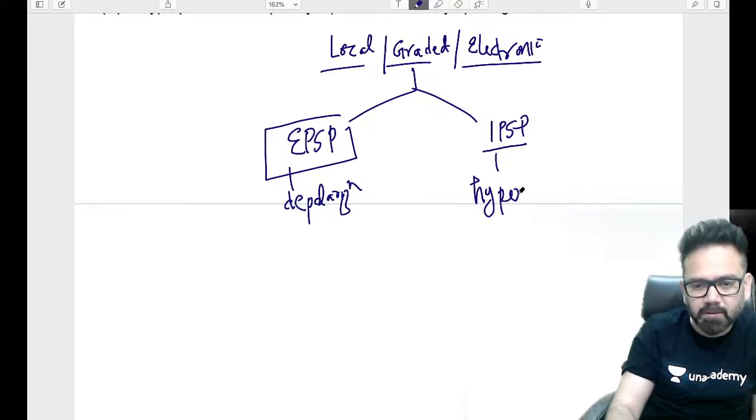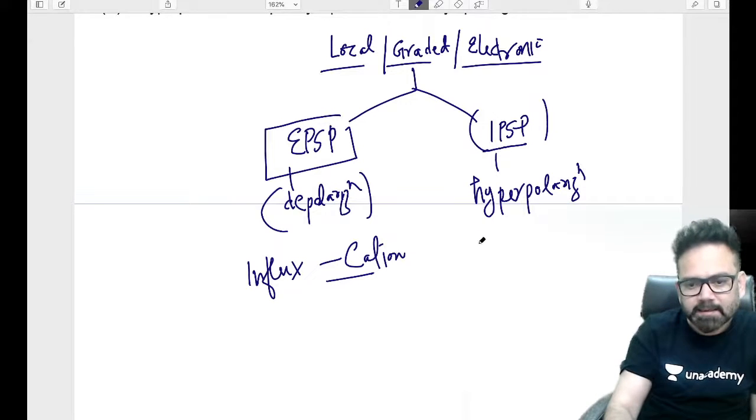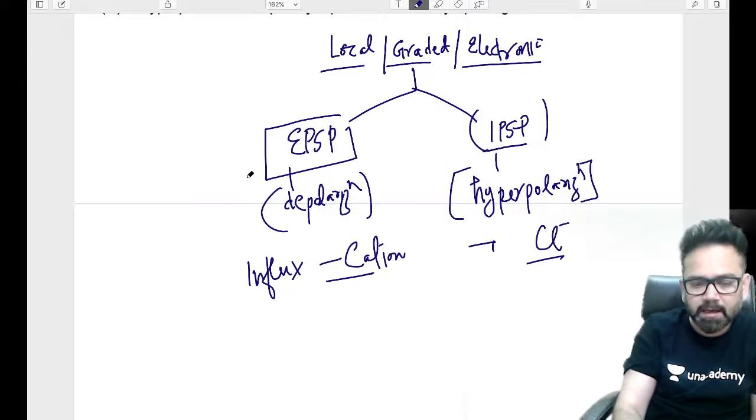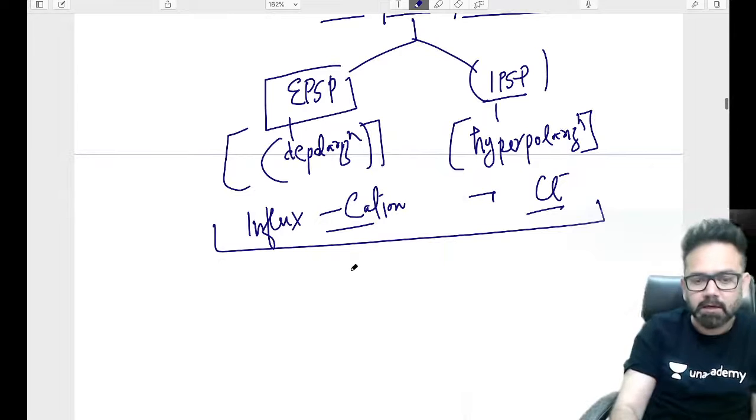This is a very common question for PGI. Hyperpolarization is inhibitory. Depolarization can happen because of influx of mainly any cation. Hyperpolarization can be because of influx of any anion like chloride, or outflux of cation. So the main thing here is hyperpolarization, and here it is depolarization, and both are local graded potentials, so they